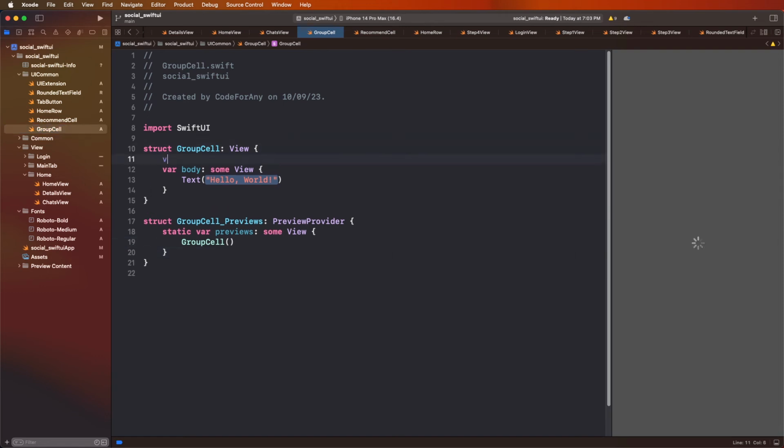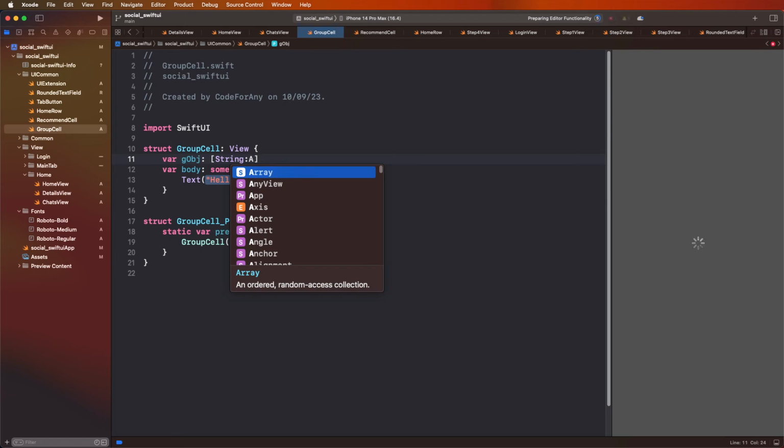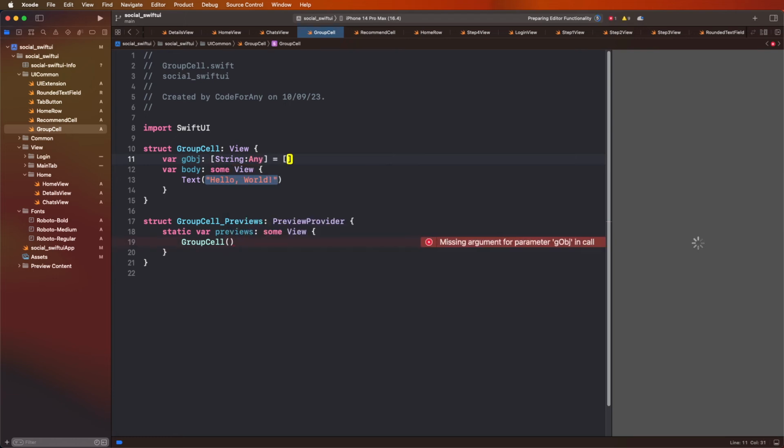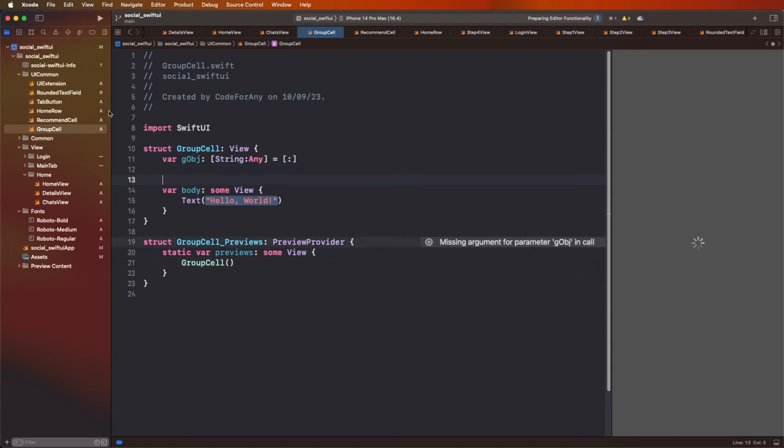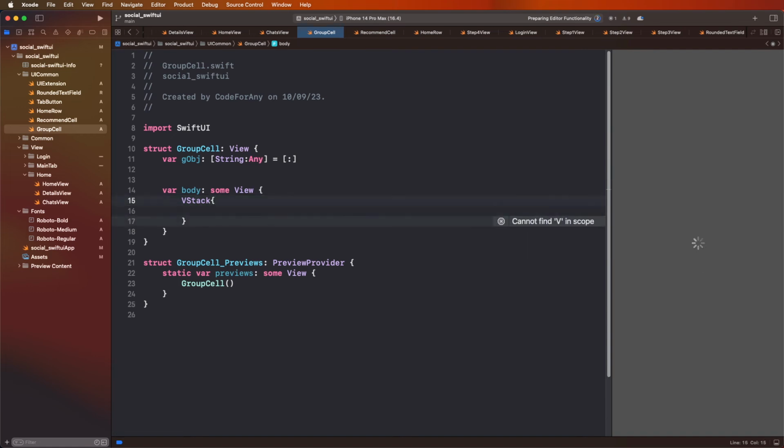And now need to where the objects as a string, any you need to paste here like this set here, and need to create here the stack, and to give this here the alignments set as center, like this set here,